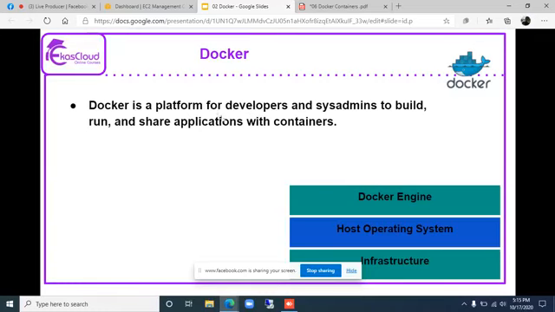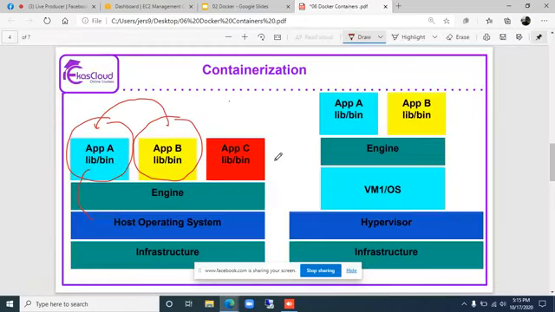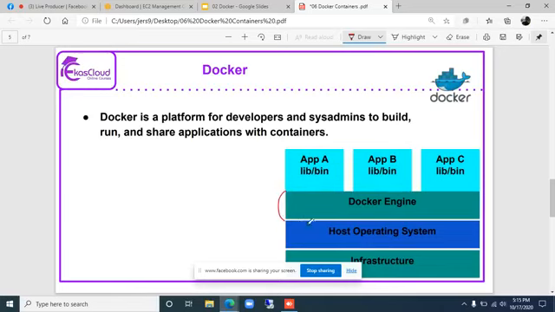So Docker is a platform, so they'll be giving the platform. Docker is a vendor who developed the platform. In this engine, as a developer or as a system administrator, you'll be able to build, run or share applications in an isolated way, that we'll be calling containers.